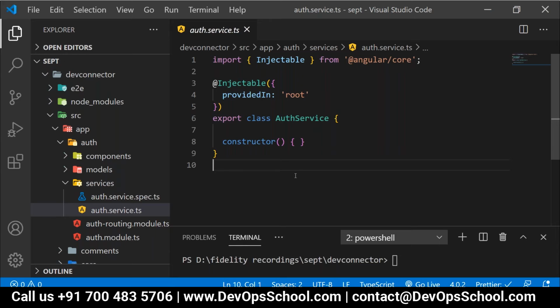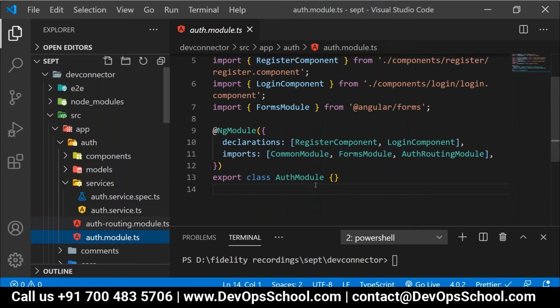When you talk about the service, this Injectable decorator is used to mark the service. Now, the next point. Whenever you create any service, the service must be registered.